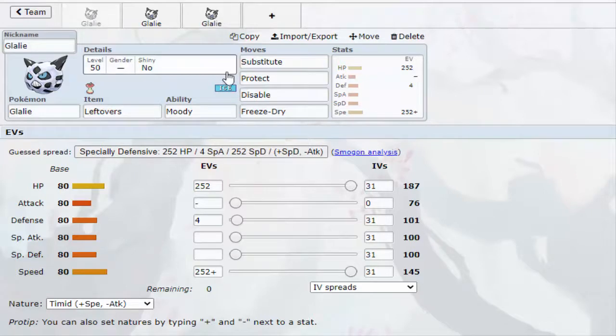Basically, you substitute, you protect, and hopefully you outspeed the Pokemon you're substituting against, otherwise you'll just probably get blown up. So, you do this against something that's kind of slow, you substitute up, you hope they don't break your sub, you protect, you disable their attack that's potentially breaking your sub, and while you're doing all that stuff,